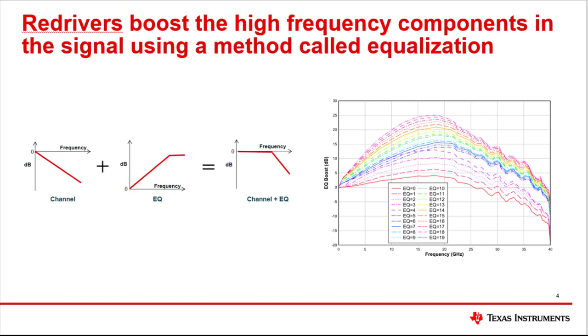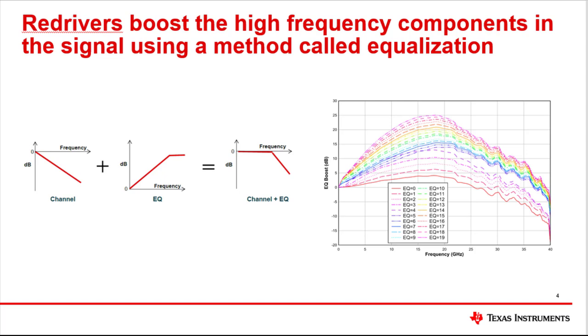The image on the left shows the summation of a system which utilizes a redriver. The first graph shows the losses you might expect from copper transmission media. This is a common insertion loss profile. See how as frequency increases, the decibel loss on the channel increases linearly. This means that at higher frequencies, the data is going to be further attenuated.